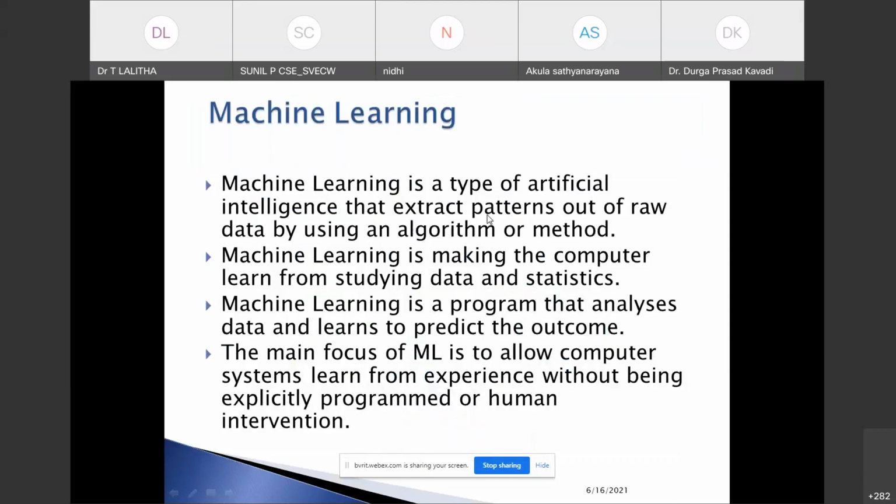Next we move to machine learning. There are many tools for doing machine learning approaches, right? Python is one tool, R is one tool, and MATLAB is one tool. These are some of the popular analytical tools, and there are also many paid tools. Some of the paid tools are SAS, that is Statistical Analysis System, and WPS, which means World Programming System. This is one of the